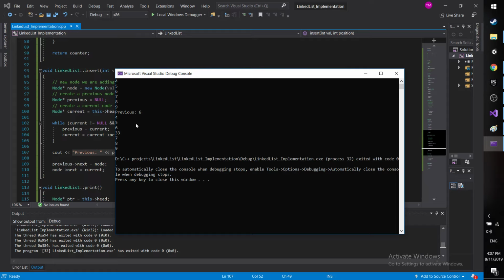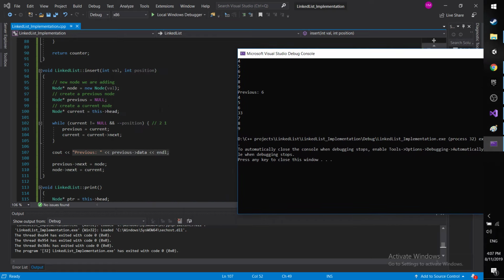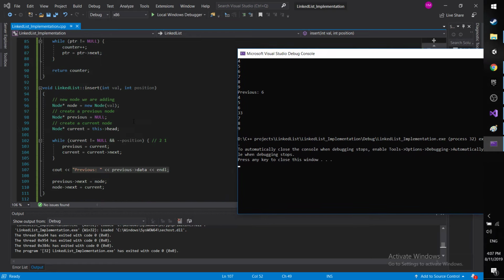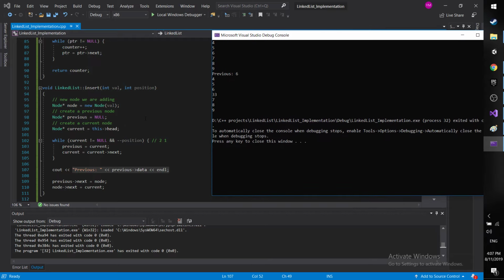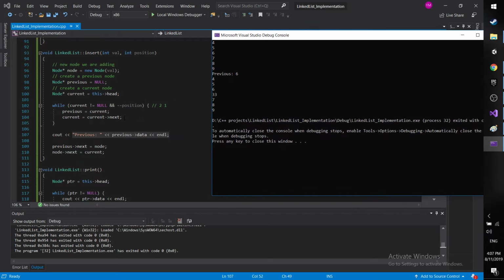So previous is 6, but should it be 6? So even if it is 6,